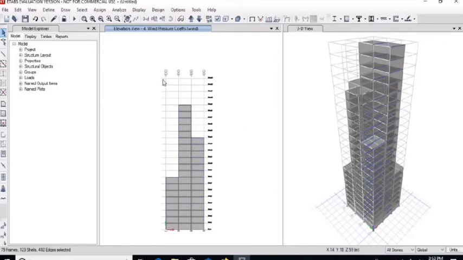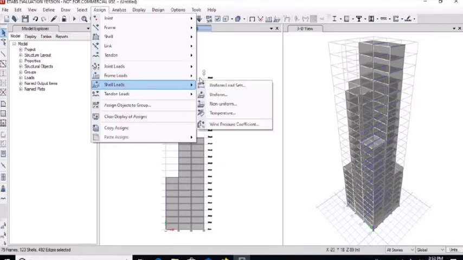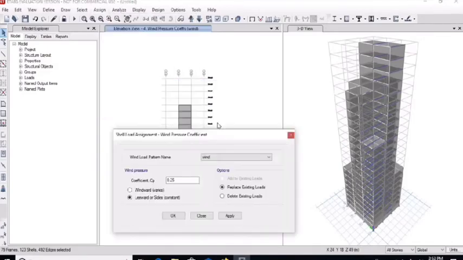After selecting, go to the assign menu, shell loads, wind pressure coefficient and select coefficient as minus 0.8 on the leeward side. Click on apply.